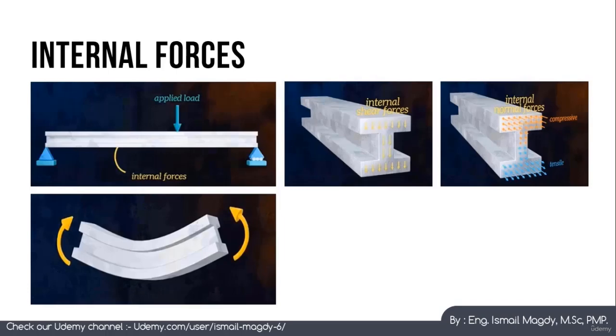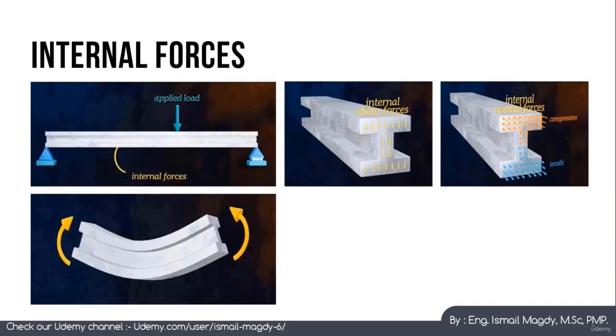When a beam is loaded, internal forces are created inside the beam section to maintain equilibrium. Those forces could be divided into two main components. We have shear forces, which are in the vertical direction, and we have normal forces, which are in the longitudinal direction of the beam. If the load is trying to make the beam concave downward, as we can see here,